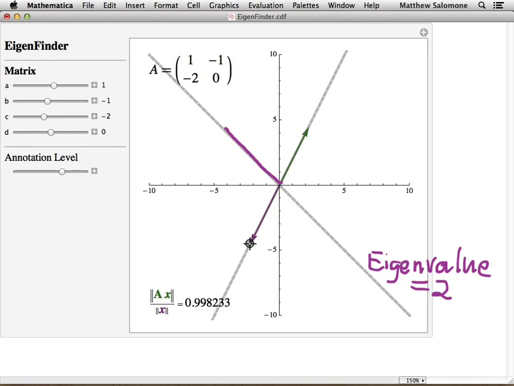Again, because the effect that A has on these vectors is that A stretches these vectors out by a factor of 2. Meanwhile, we discovered a second set of eigenvectors that lie along this line,